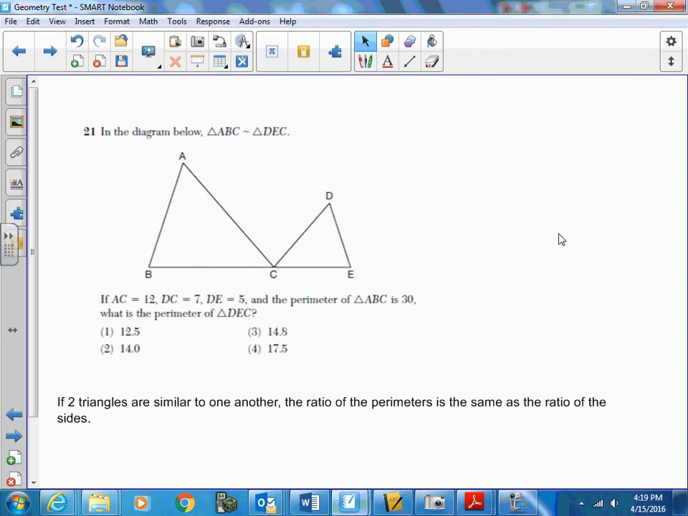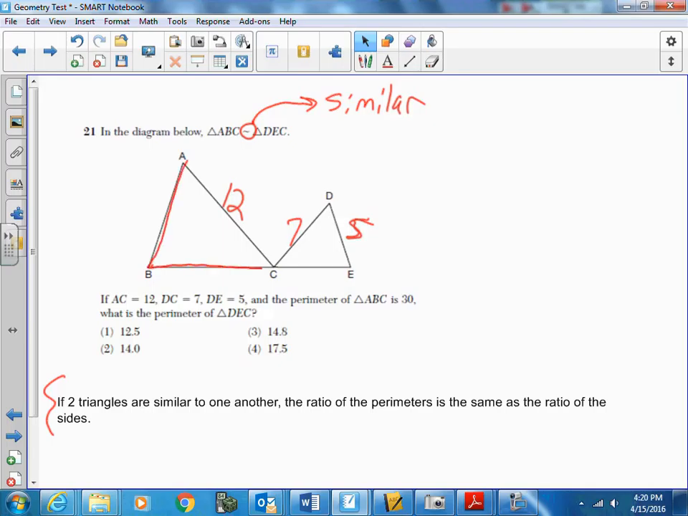Okay, let's look at number 21. It says that in the diagram below, triangle ABC is similar to triangle DEC. So remember, this little symbol means similar. I want you to write down here what it means for two triangles to be similar. In this particular problem, this is what you're going to need to know. Because down here it says if AC is equal to 12, DC is equal to 7, and DE is equal to 5, and the perimeter of ABC is 30,